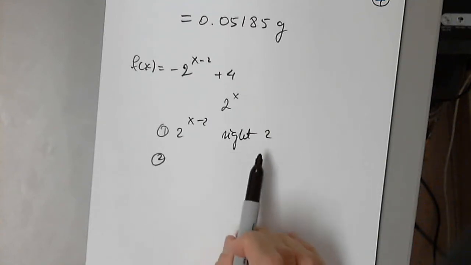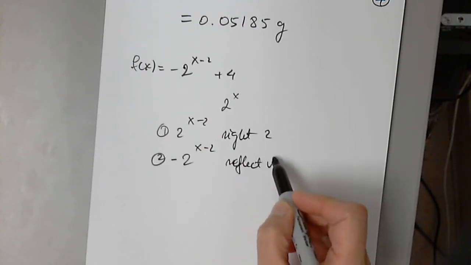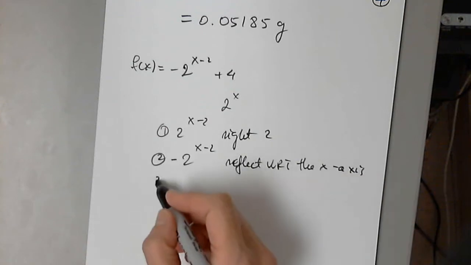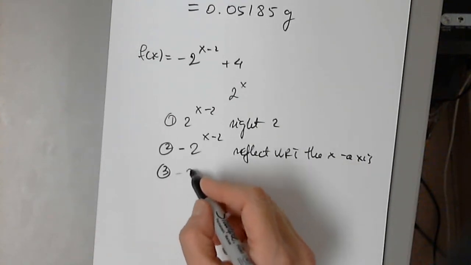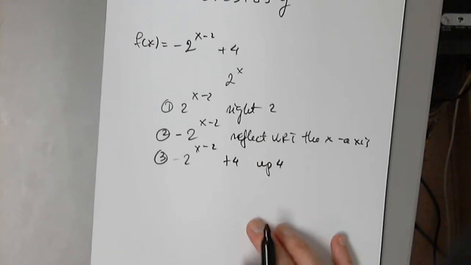Okay, so then we have a reflection with respect to the x-axis. And number 3, up 4. So negative 2 to the x minus 2, plus 4, up 4. So when you graph it,